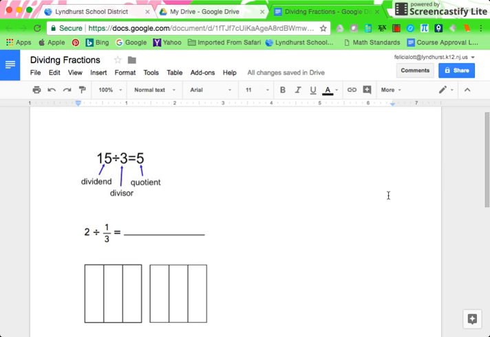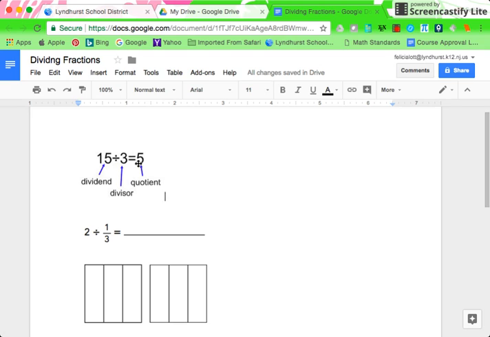Hello, sixth grade. Today we are going to learn how to divide fractions. Now, you guys are used to seeing a problem just like this. 15 divided by 3 equals 5. You have a dividend that's a whole number, 15. You have your division symbol, and then you have a divisor of 3, and your quotient is a whole number